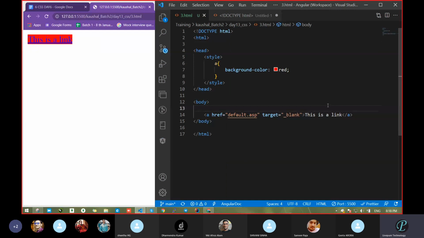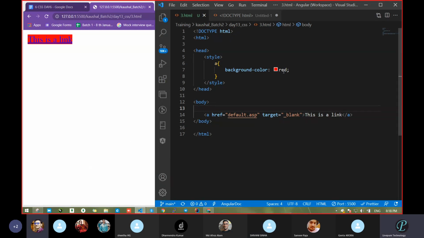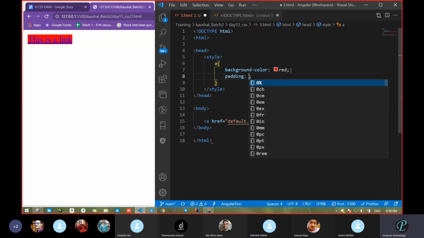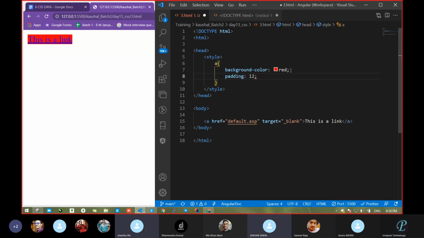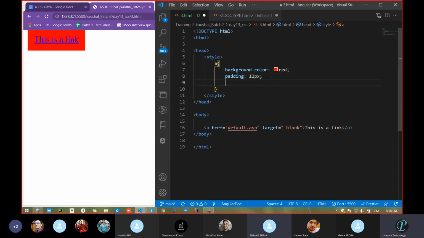Okay, so you told the background color. Fine. Then next, sir, text padding. Where are you telling me padding? Inside you have to tell all the anchor code. Okay, padding, so 10, 12 pixel. Fine. Next, color is white. Text align center. What? Text align center.